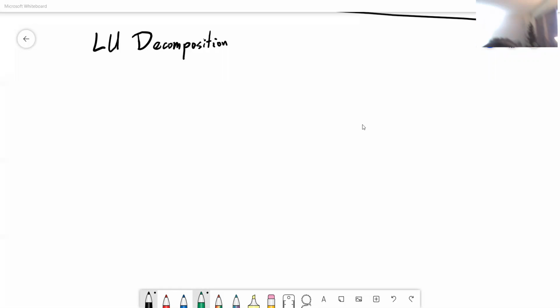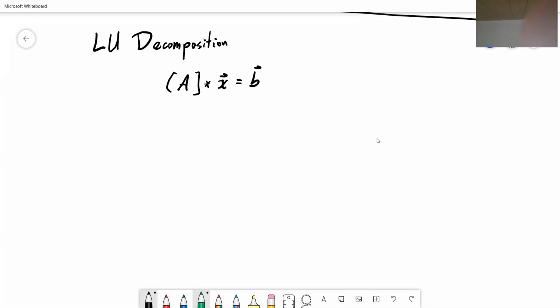So let me share my screen. So the LU decomposition algorithm works on the premise that, if we recall, we will have some kind of matrix of coefficients A times a vector of variables X equals some vector of constants B. And the LU decomposition starts from the principle that